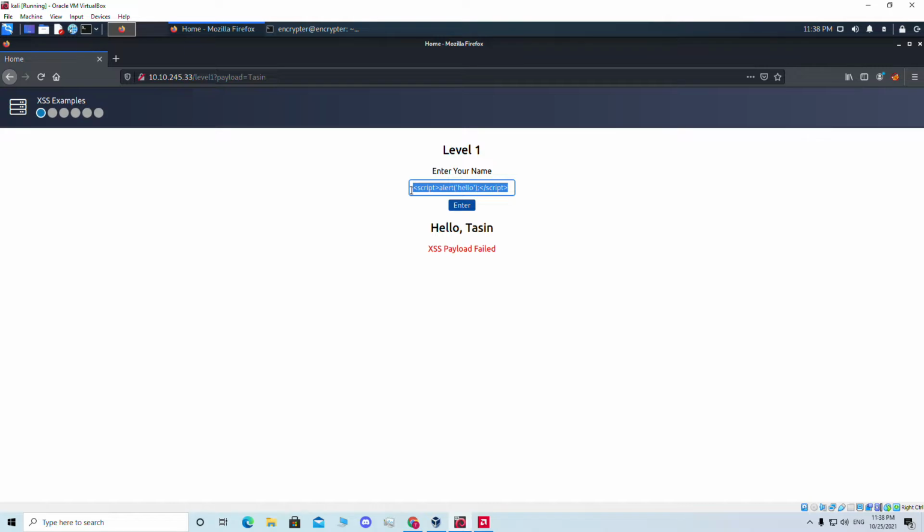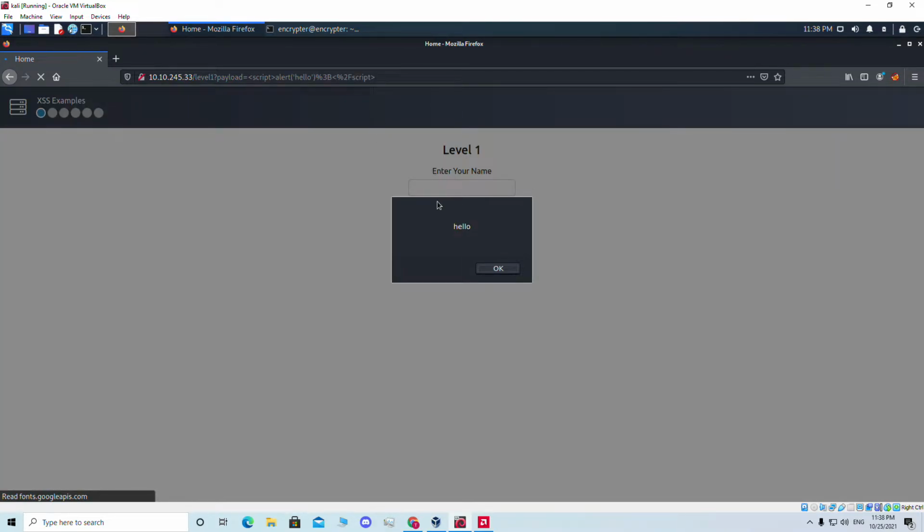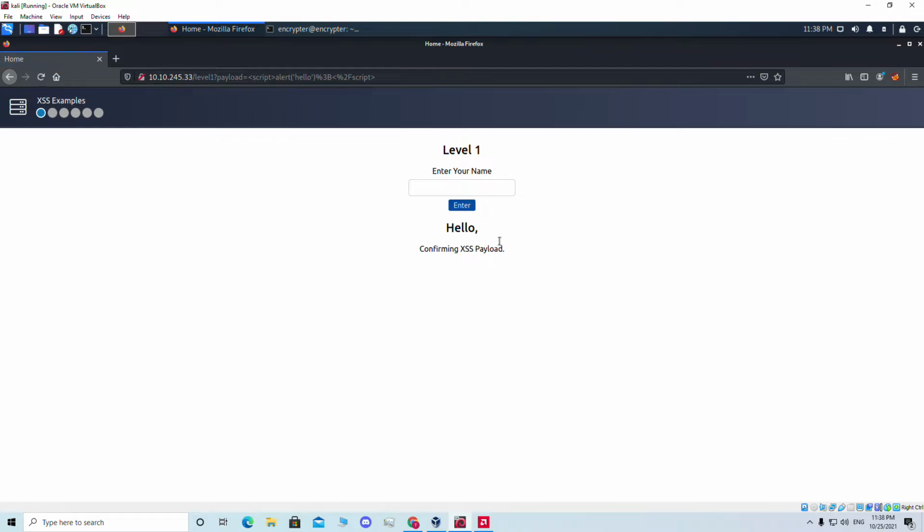That's basically cross-site scripting. If we hit enter now, here you go, you can see the pop-up box that says hello. That means we could successfully input our JavaScript payload in the website. That's why we are seeing this message. So if we click OK,